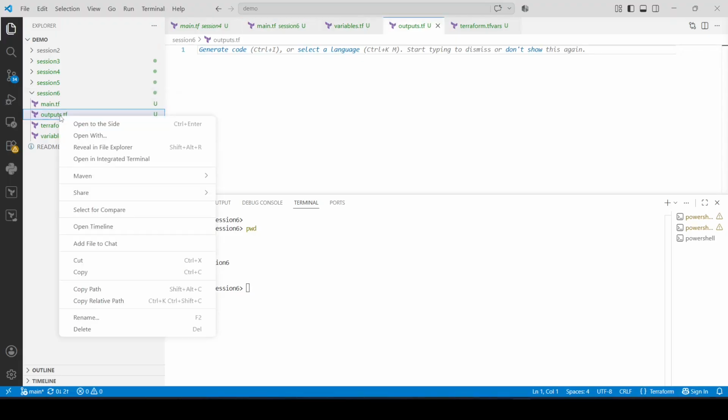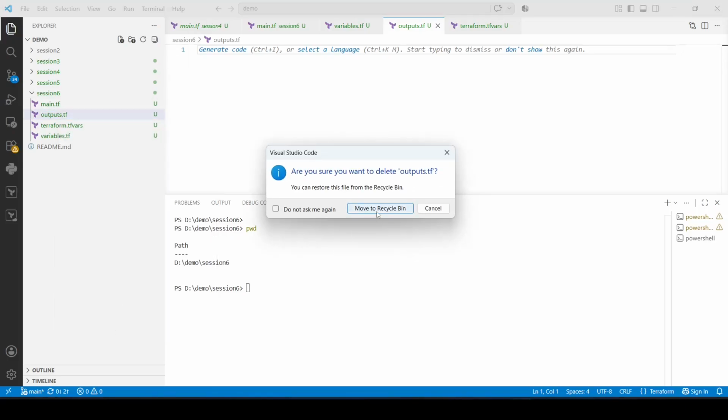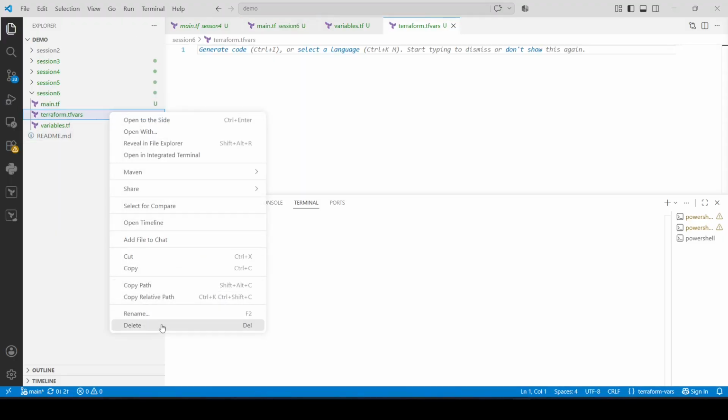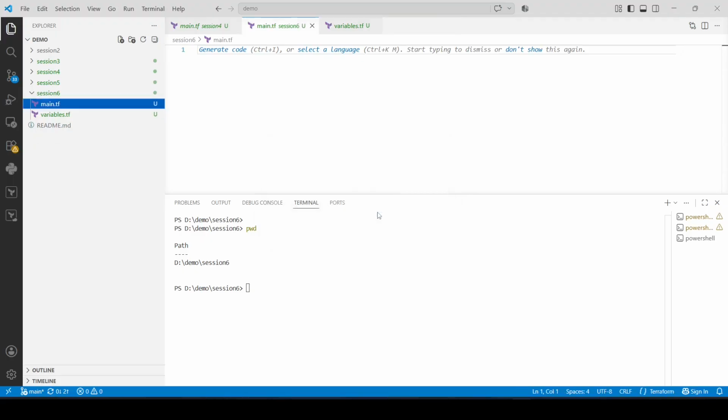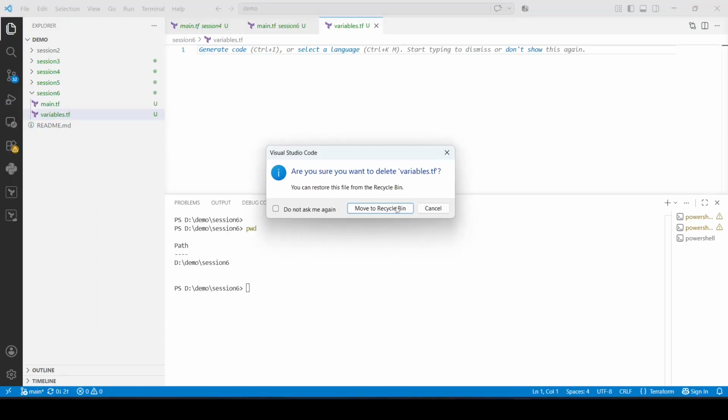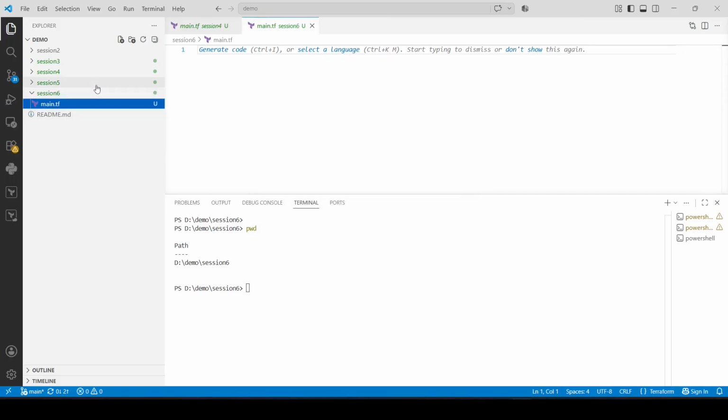For that, I have to remove all these things because we don't need them now. I just mentioned it to explain to you what a child module and a root module are. I'll keep only main.tf here. Cool. We have session 6 and main.tf. I'll create a folder here, that is ec2. Under this ec2, I will write files which are